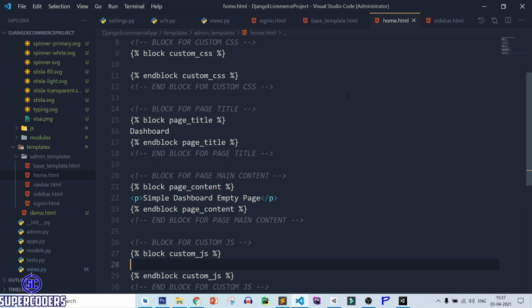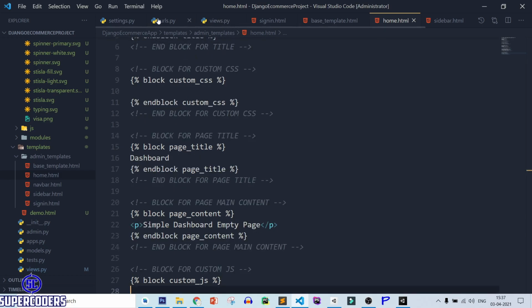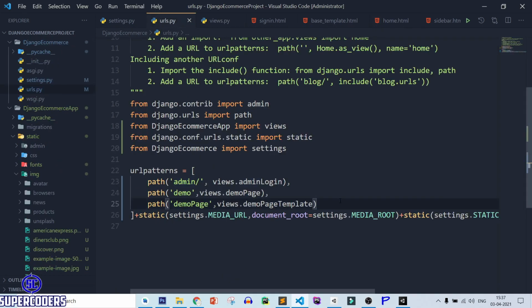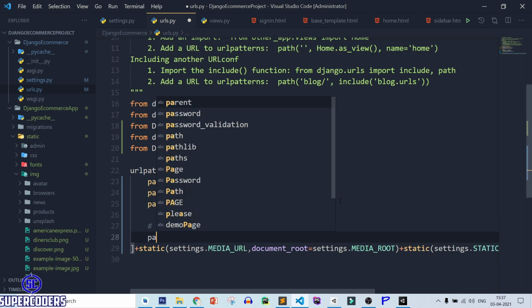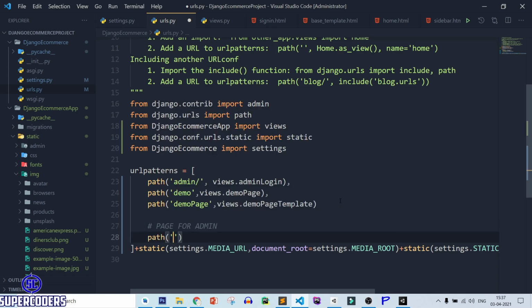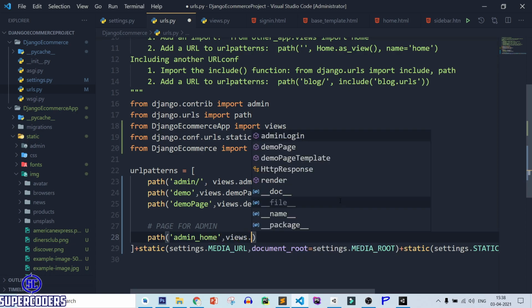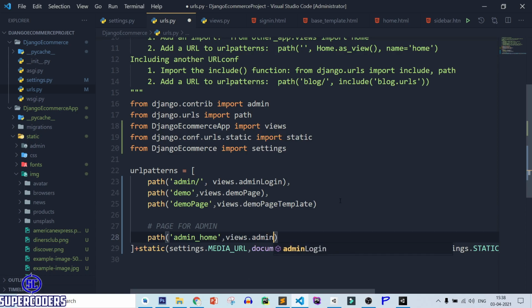Now after that, let's link this home page. So again, come to urls.py and here also giving page for admin. After that, path, home, admin_home, views, or instead of views,